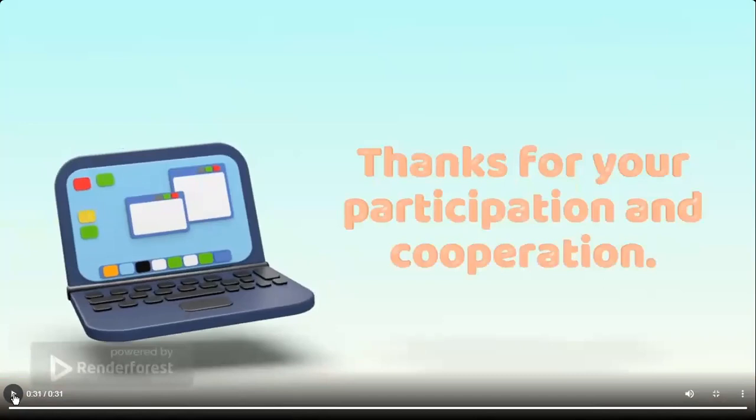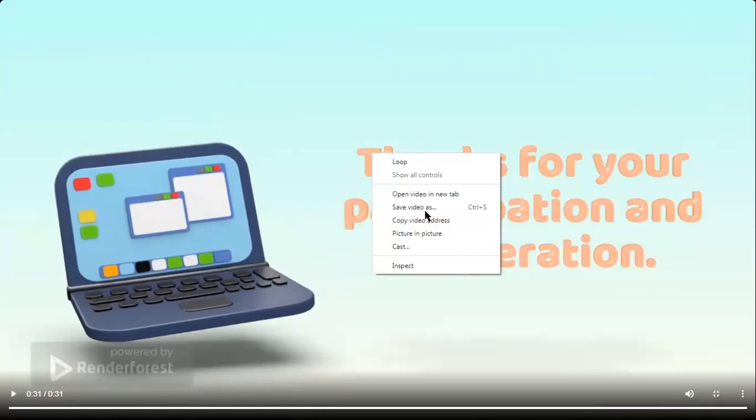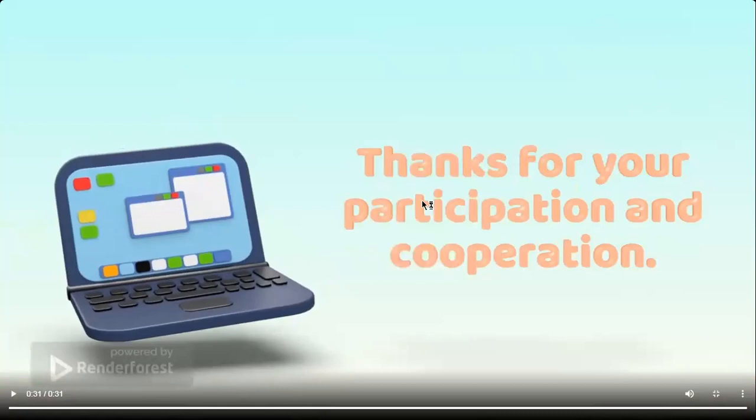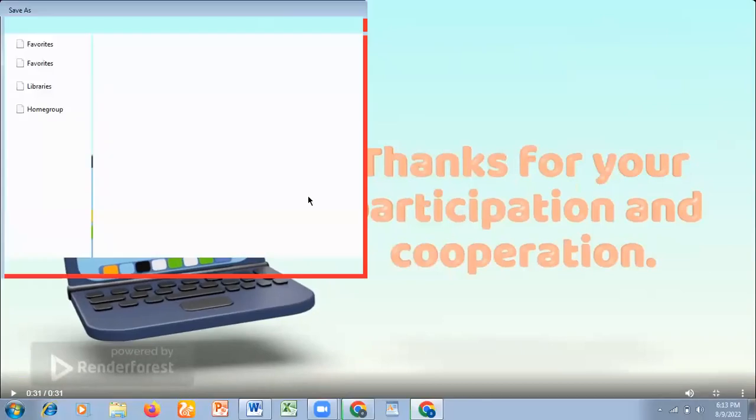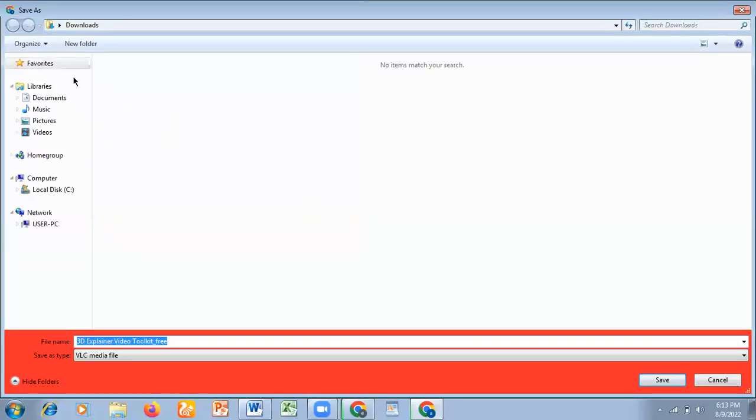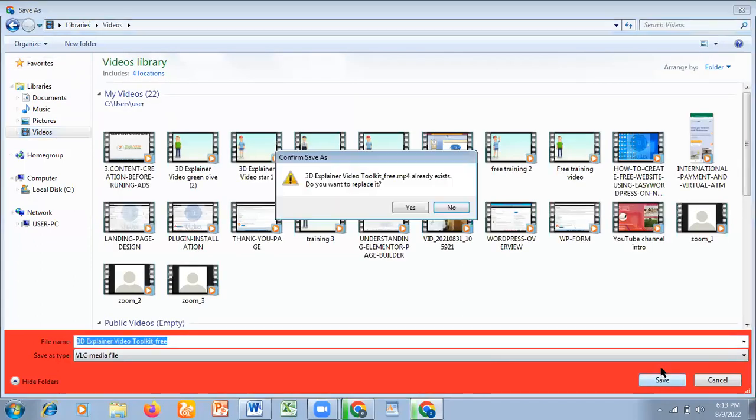So that's just it. After doing that, just right click. You can see it, save video as. So you save your video any way you want to save it. You can easily save it as a video and click on save. You save it without any problem and you move on